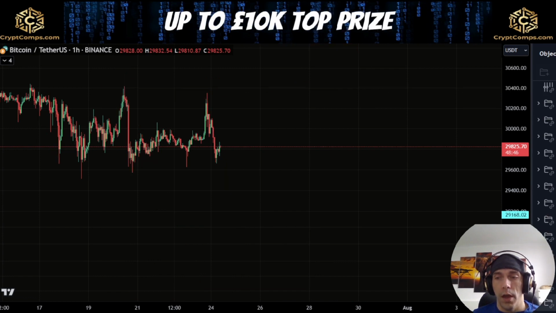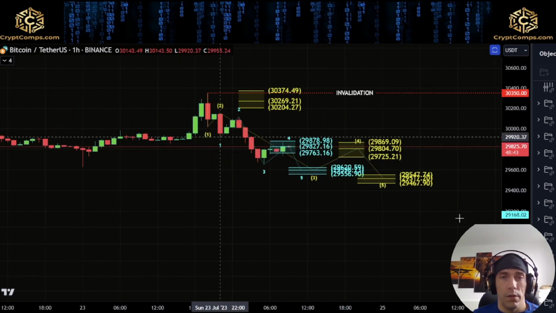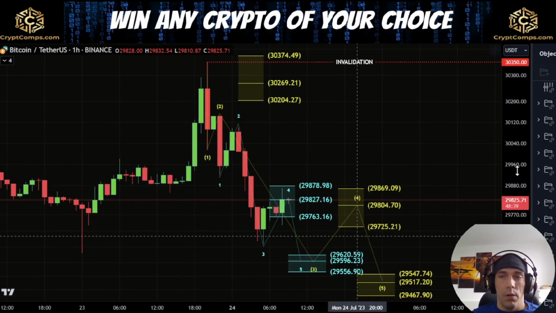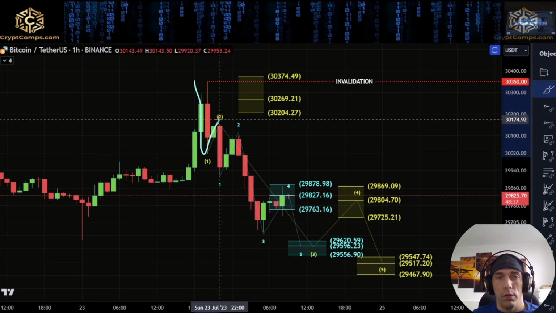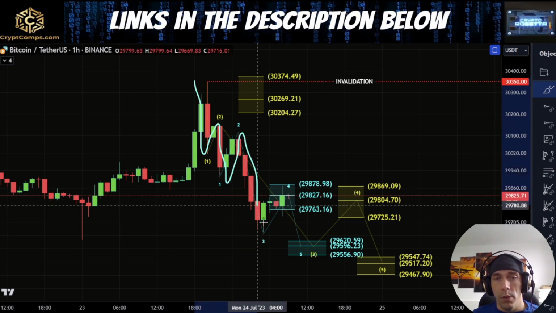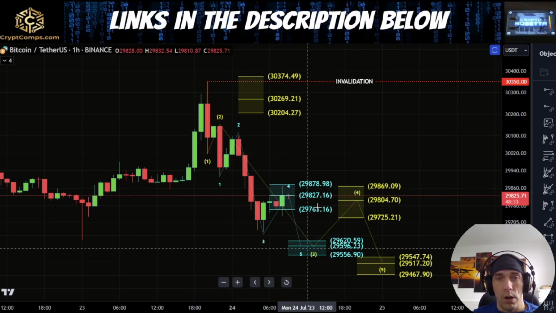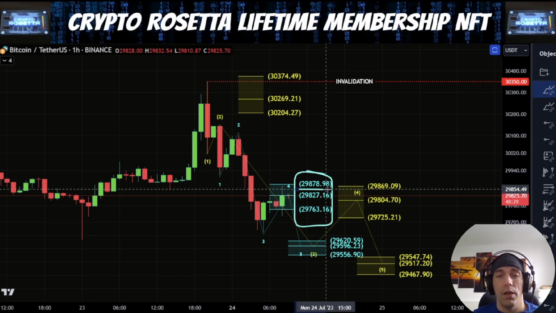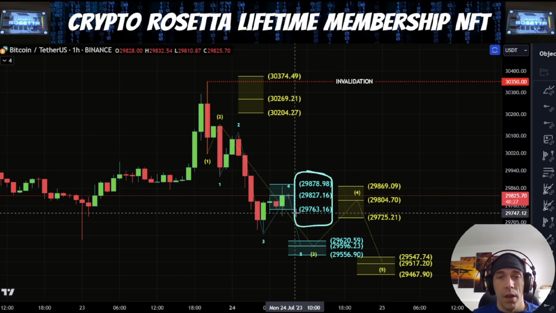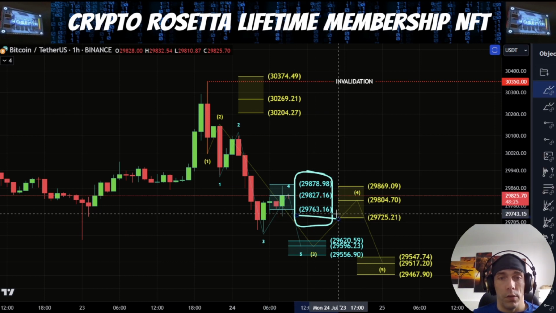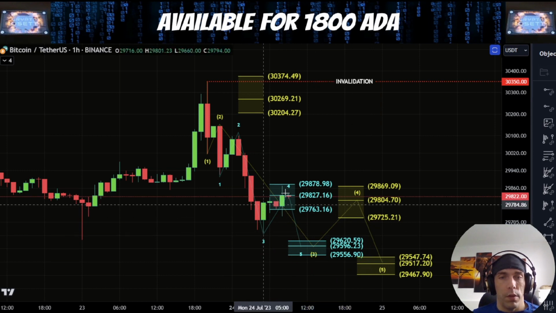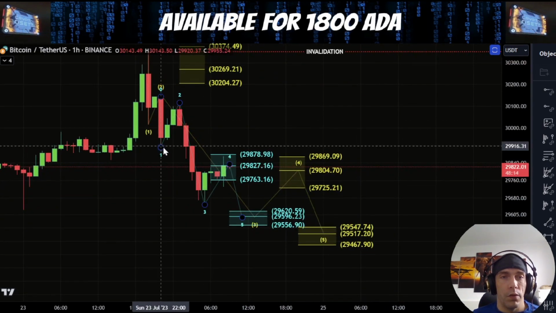Now, if we are looking at this idea of a break to the downside, what we would be saying here within this structure is that we could have this as 1-2, 1-2 here, and then we're looking for this as 3, 4, and 5. Now, we are right in this typical rejection area, which would be this 29,878 to this 29,763. Now, invalidation of this fifth wave that we've got over here comes by crossing back above this wave 1